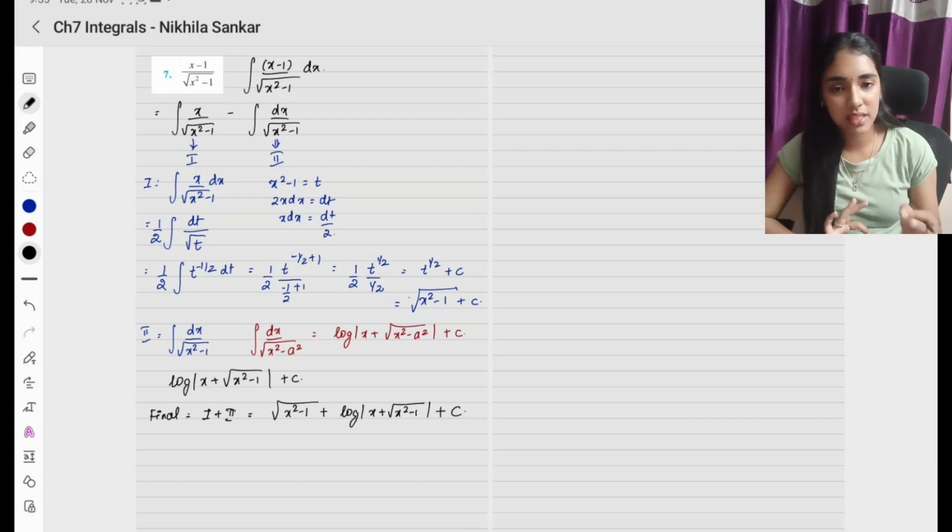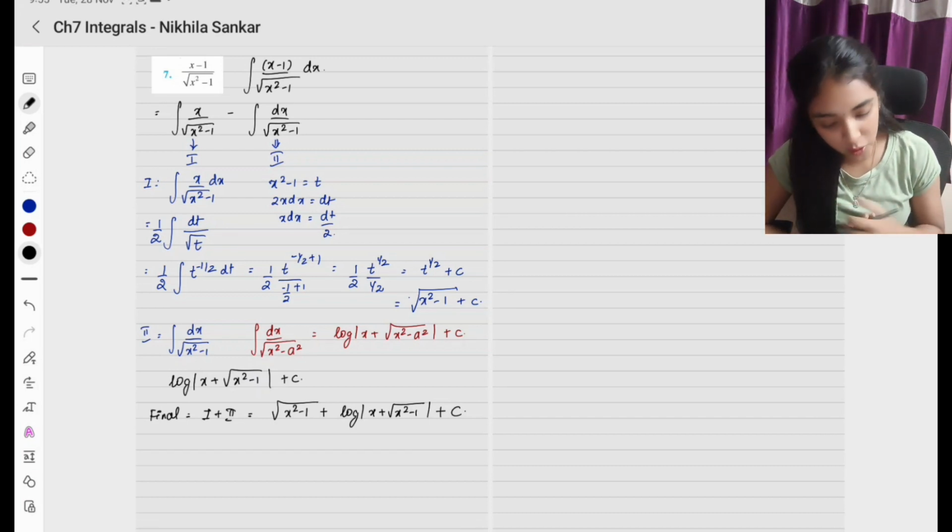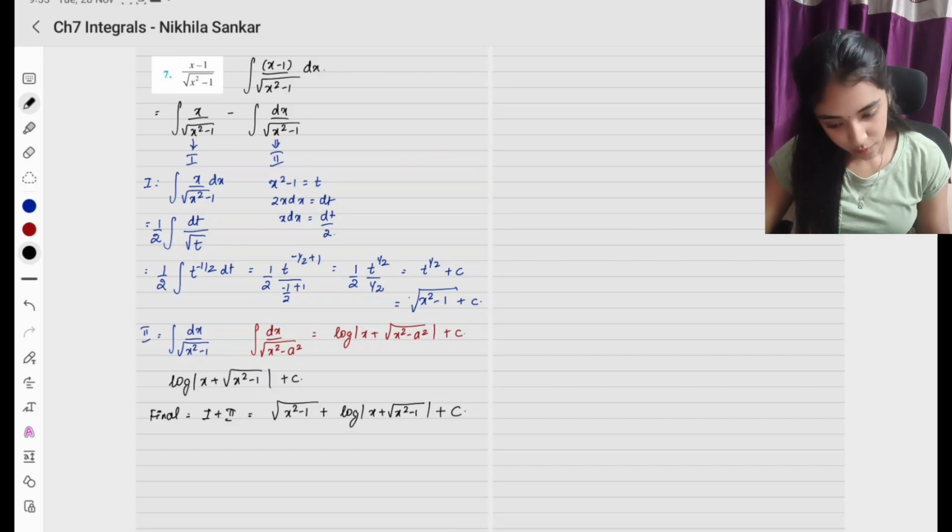எல்லாமே குட்டி குட்டி சம்ஸ் தான், ஃபார்முலாவை கரெக்டாக யூஸ் பண்ணிட்டா போதும். ஓகே, now question